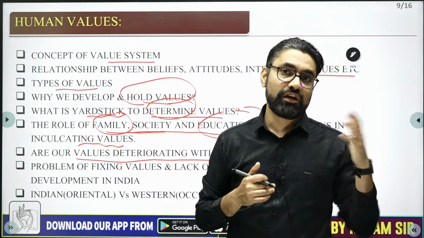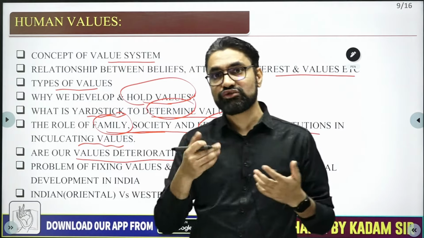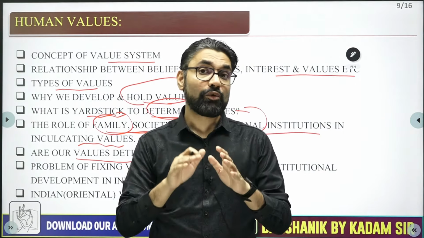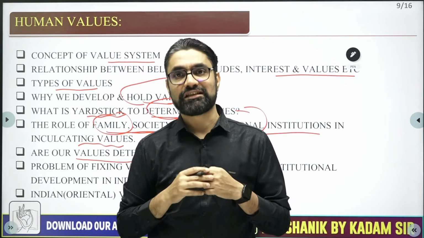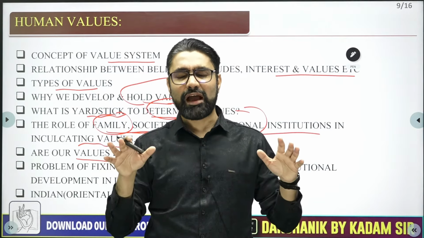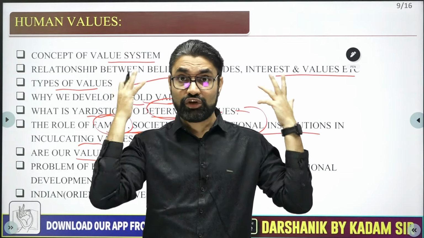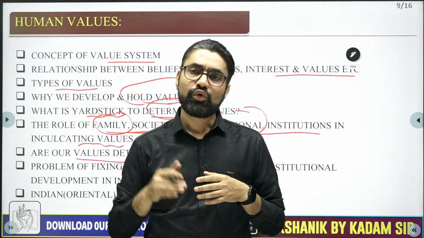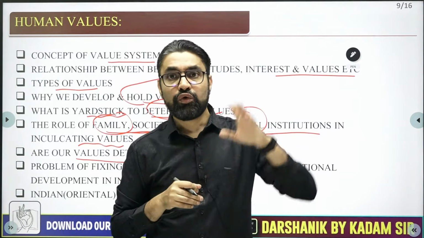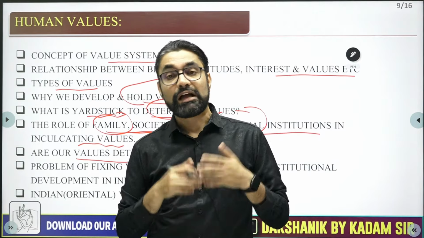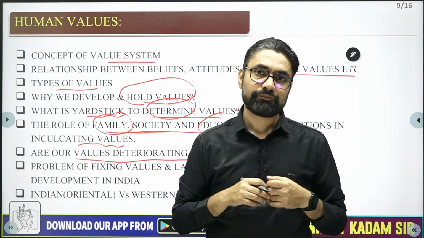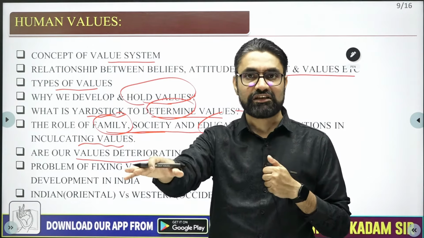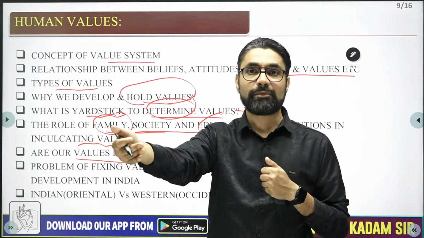Did our older generation, past generation have better values than us? Are our values deteriorating with time, or are our values better than our ancestors? Generally, we have a belief that our ancestors were very ethical, moral, good people. If this is the case, then whom was Buddha teaching ethics? Whom was Mahavira teaching ethics? Why was Ramayana written? Why was Mahabharata written? Why were these religious books written? And why were these religious books telling the message to live this life, live in this manner?